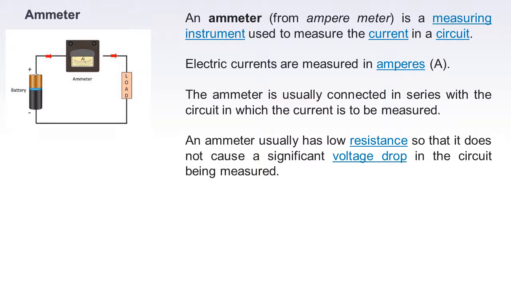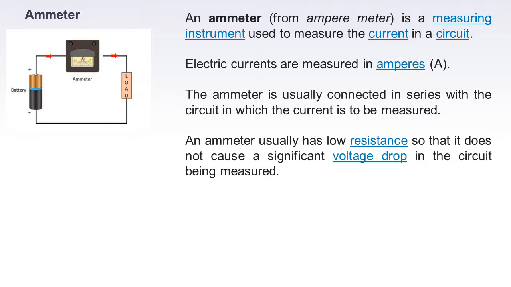Second instrument which is used for the measurement in electrical system, that is ammeter. Ammeter is shown in this figure, which is connected in series with the circuit. This is supply voltage provided by the battery. Load is used for consumption of the current, and the current consumed by the load is measured by the ammeter. Always remember, ammeter is connected in series with the circuit.